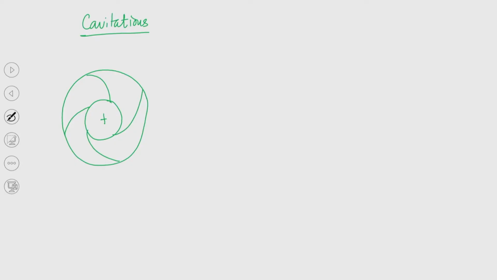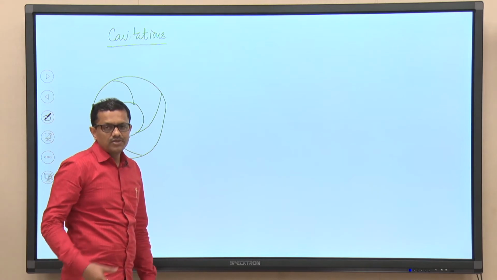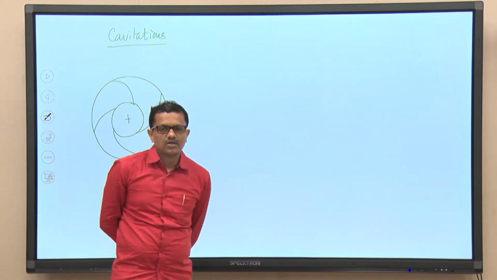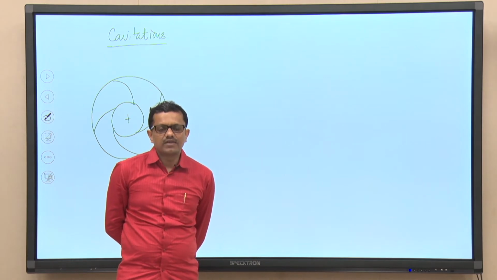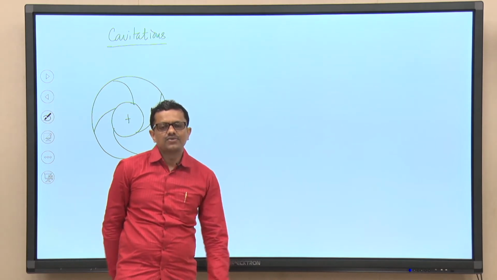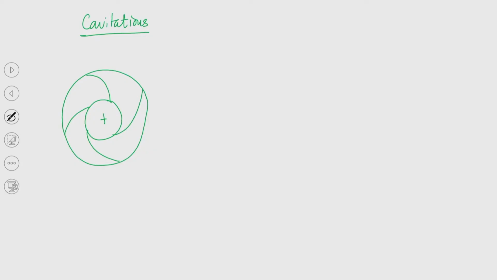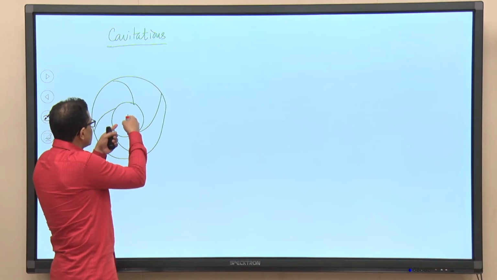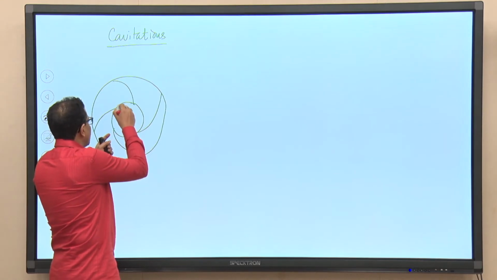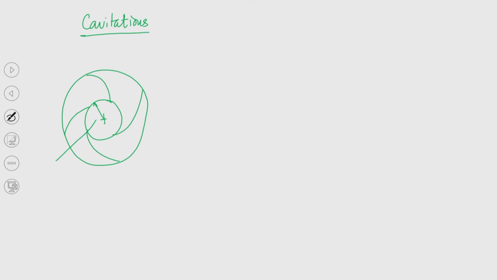So, now in the context of pump operation, there is a place which is more susceptible to the onset of cavitation, having pressure less than the vapor pressure. Which is that spot? You can see that this is basically the hub. So, I am writing this is hub, and this blade plus hub is known as the impeller.